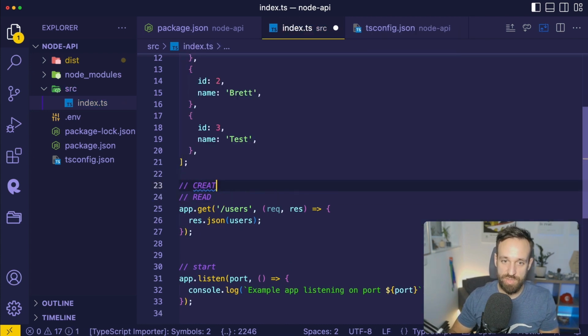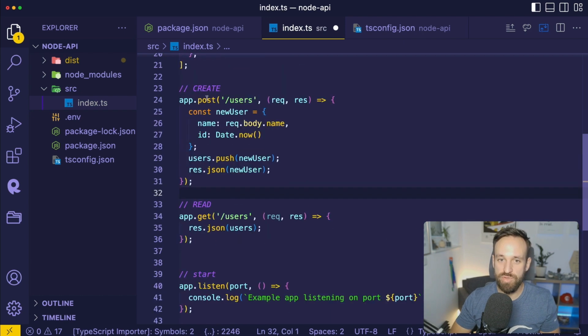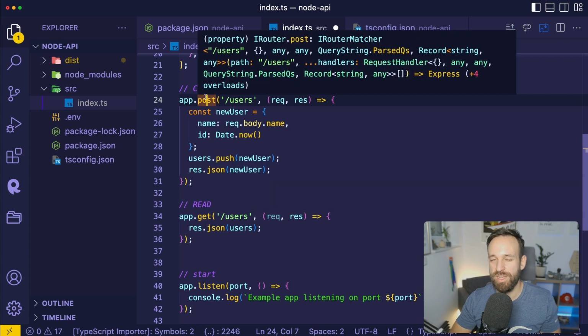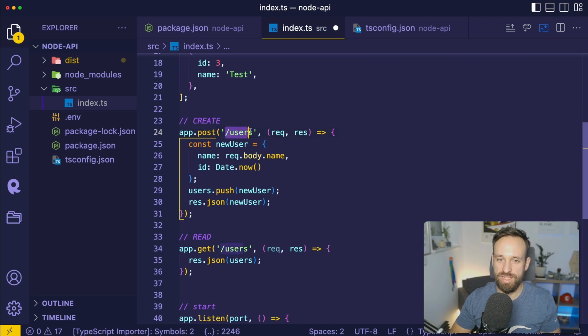So to create, we would have to add an object to our array, and we can use app.post. Previously we defined a get endpoint, now we define a post endpoint. We're gonna see how to use this in Postman. Once again, to users, so we can use different types of calls to our users endpoint,